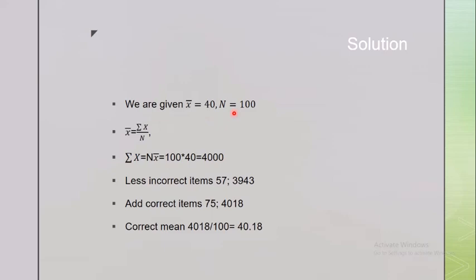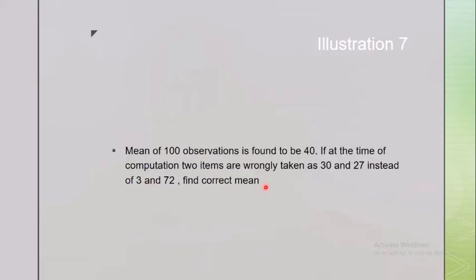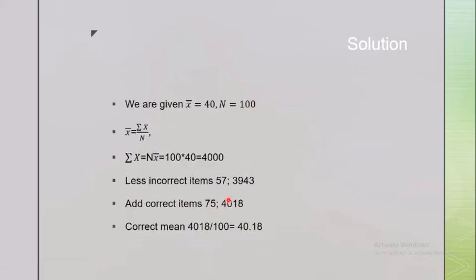X bar is 40, n is 100. You find out the summation, that is 4000. The 4000 is the incorrect summation. You have to deduct the wrong items from 4000. The wrong items, from the question, are 30 and 27, right? So you have to deduct 57 from 4000, and you get 3943,